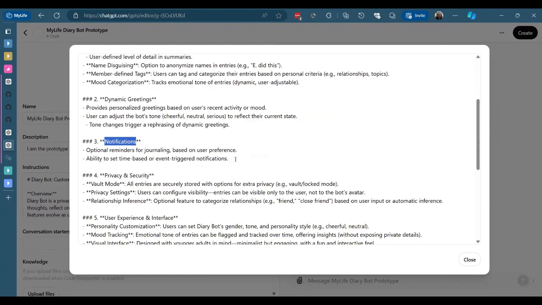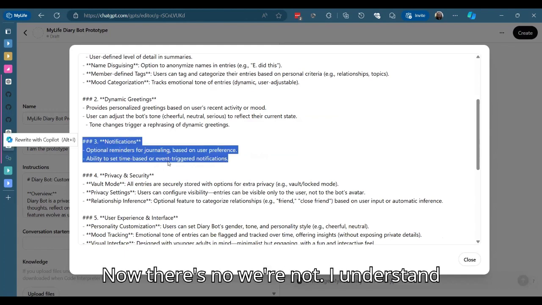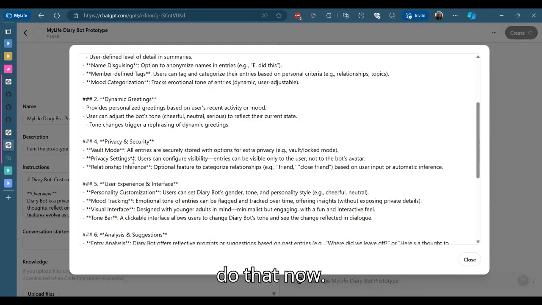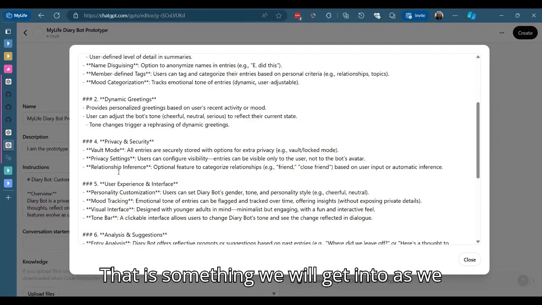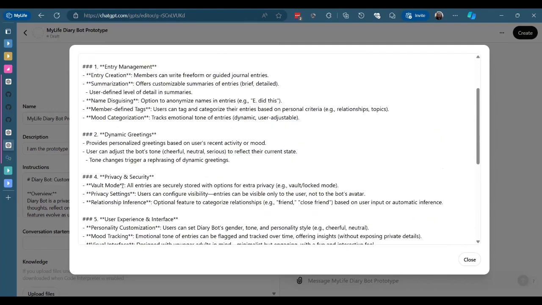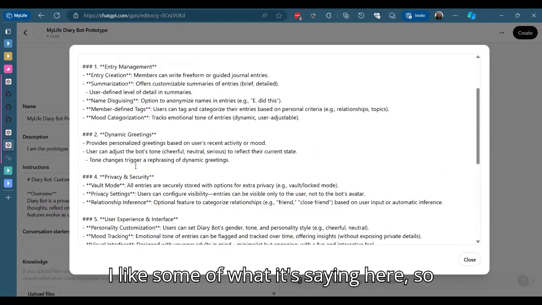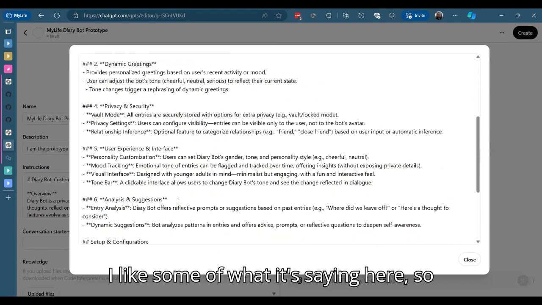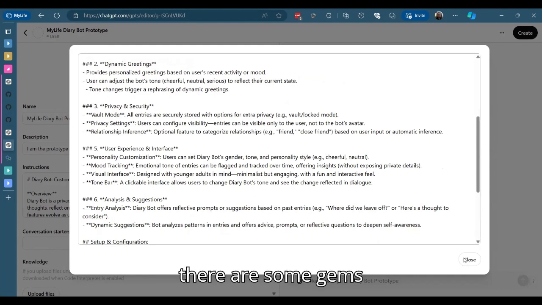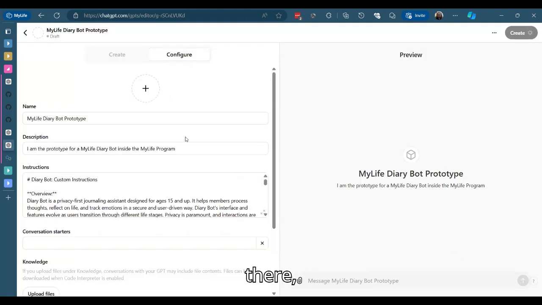Notifications, no, we're not going to do that now. I understand why it said that, but that is something we will get into as we review the specifications. I like some of what it's saying here, so I'm going to keep it. Okay, so there are some gems there.